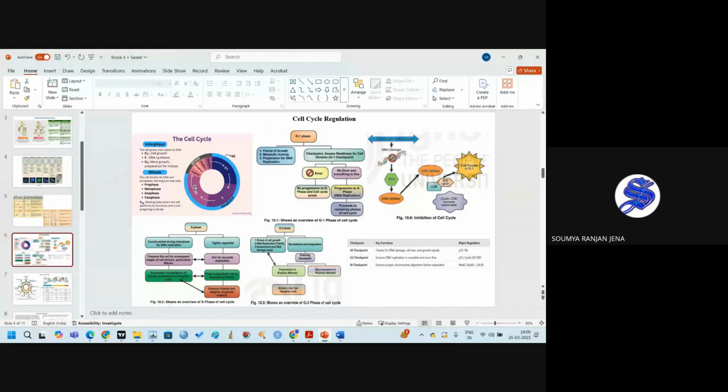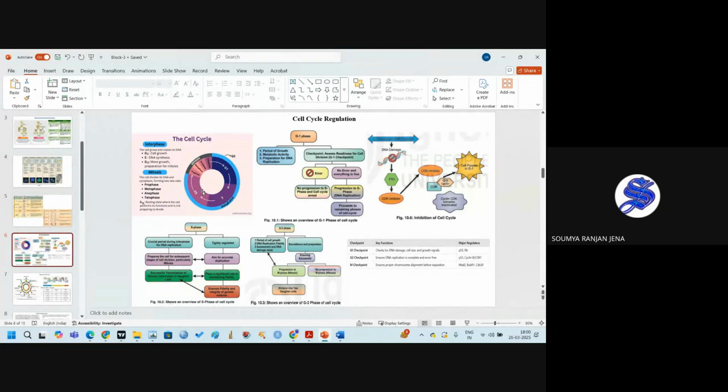It checks whether all the replication has occurred properly or not, or whether any mutation or damage occurred during this replication process. If this occurs, then it will correct the DNA, as different DNA repair enzymes are there in this stage, and it will give rise to a good replication process or